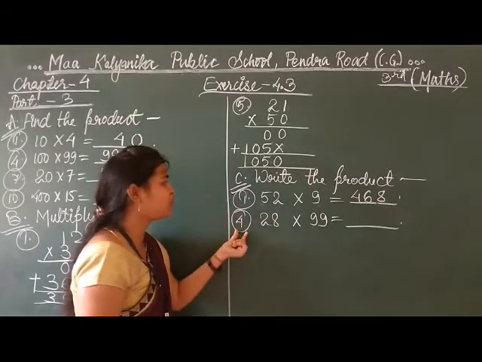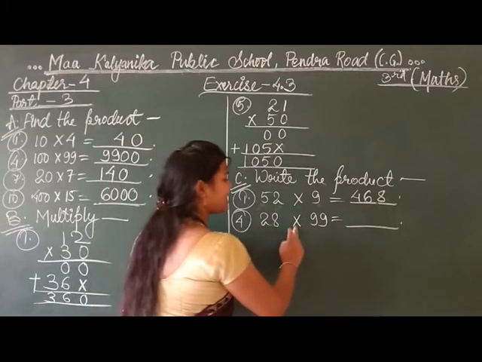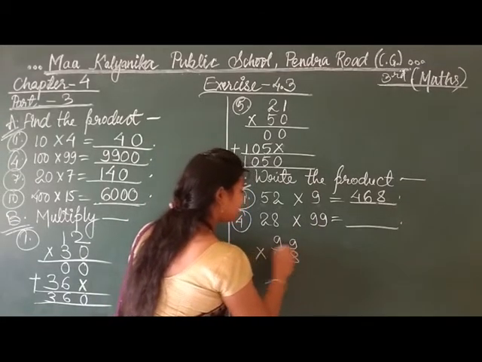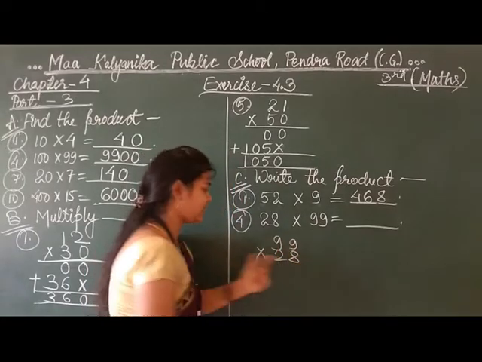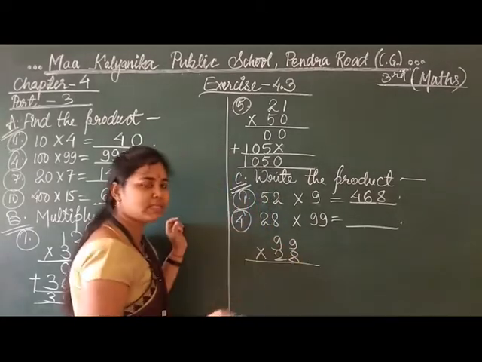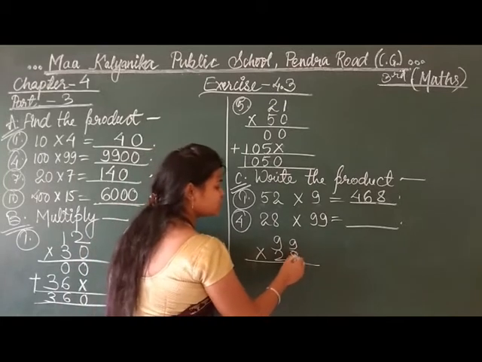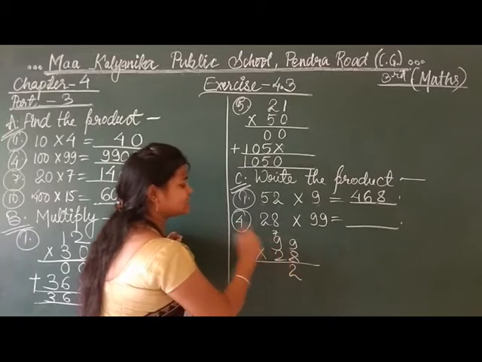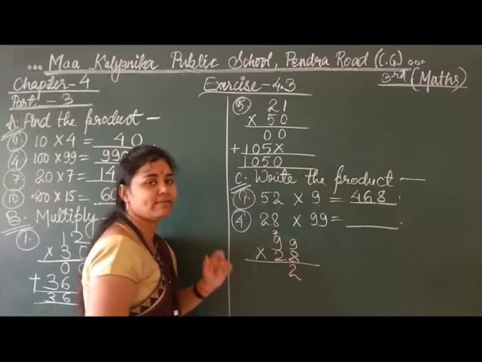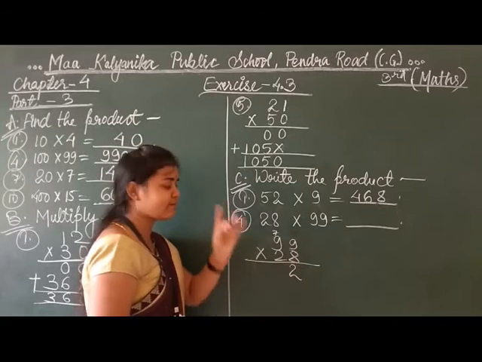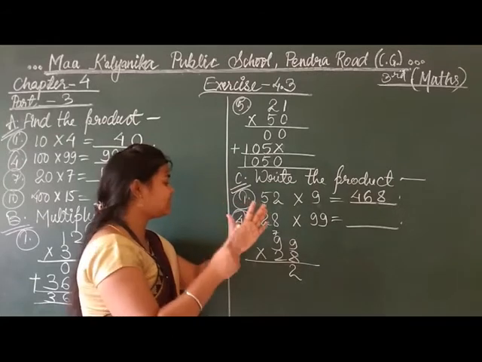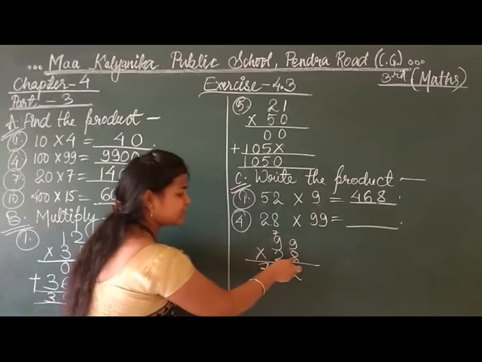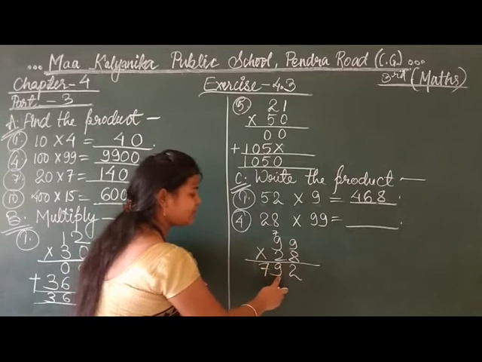Now question number 4 of question number C. So now 28 multiplied by 99. Just you can write down 99 multiplied by 28 or 28 by 99. It's your choice. Answer will be same. Okay, you can change the order. So 8 9s are 72, then 8 9s are 72 again, 72 plus 7, 72, 73, 74, 75, 76, 77, 78, 79. So 79 will be the first line answer. Multiply 99 with 8, 792.